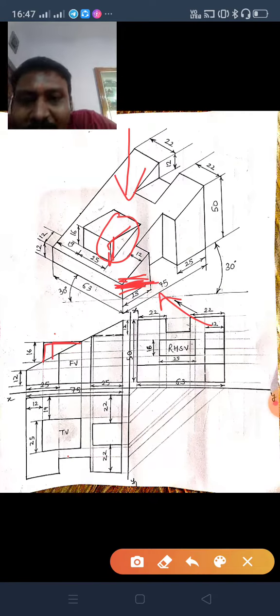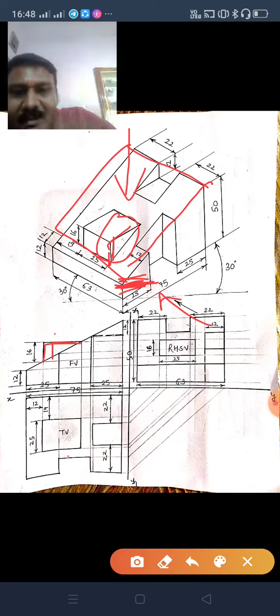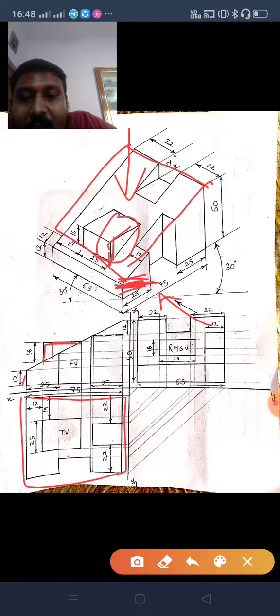So draw the diagram here only. First draw the top view. In the top view what you are seeing is this line of 63 mm and this line of 75 mm as a rectangle. So you have drawn this rectangle of 75 by 63. Now in the top view, this gap is of 12 mm, and since you are seeing it in the top, draw it 12 mm.